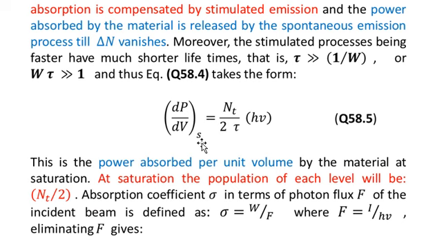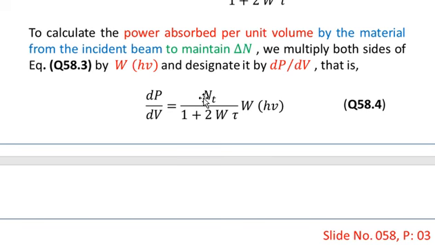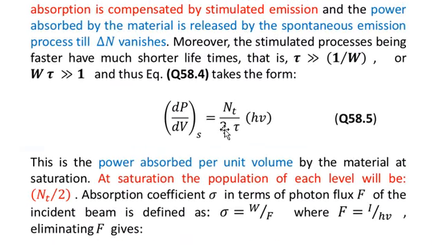dP over dV at S, where S stands for saturation, is equal to nt over 2 tau into h nu, because the W in the denominator will be cancelled out by the W in the numerator, and we are left with this quantity. dP over dV, where V stands for volume, at saturation is equal to nt over 2 tau multiplied by h nu, and here tau is the lifetime of the spontaneous process,